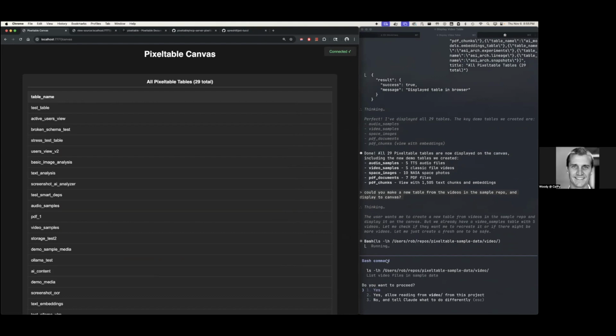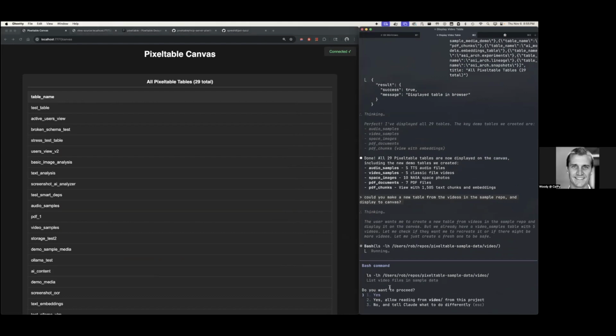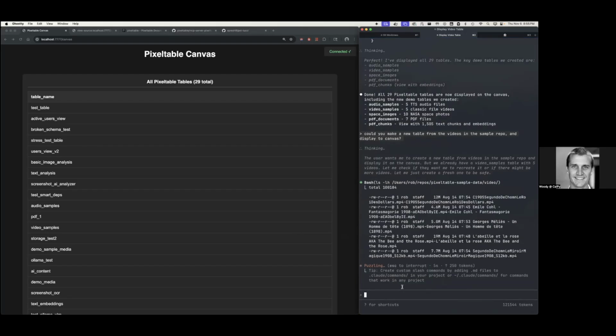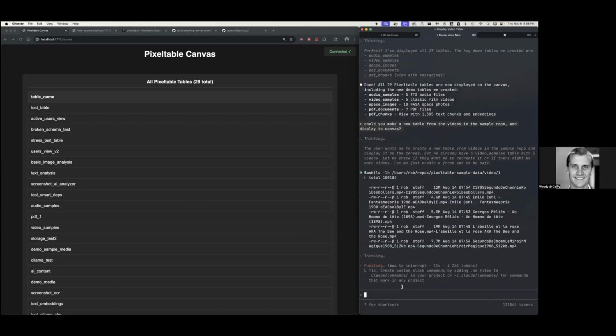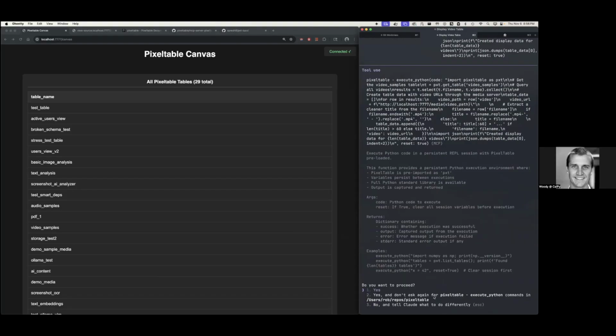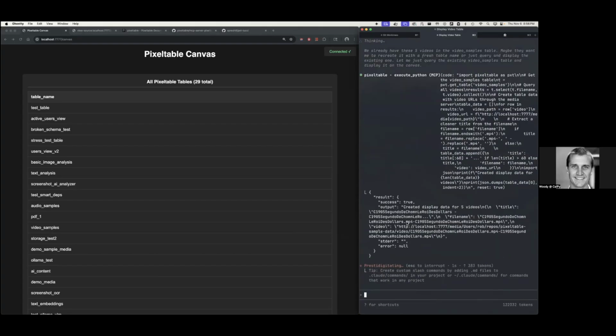So I've given Claude access to the Python REPL, and also this connects to the Pixeltable documentation. So it's aware of how everything works with Pixeltable. And so I've just asked it to add some videos to my Pixeltable and a new table.